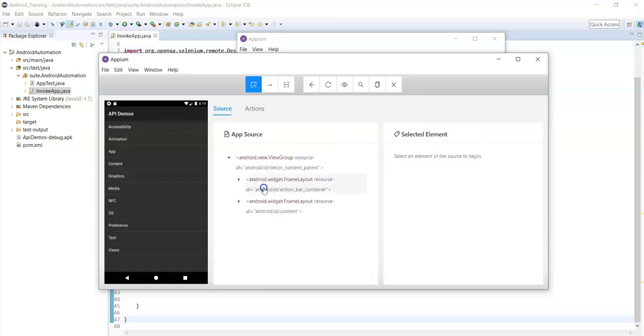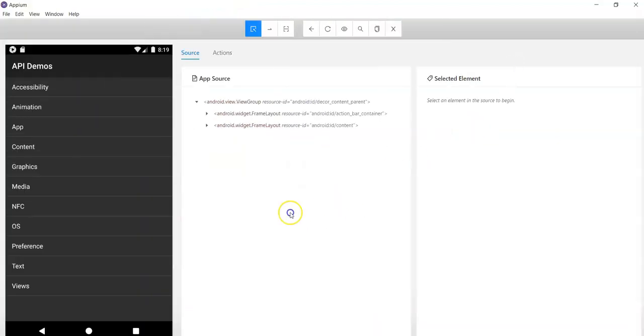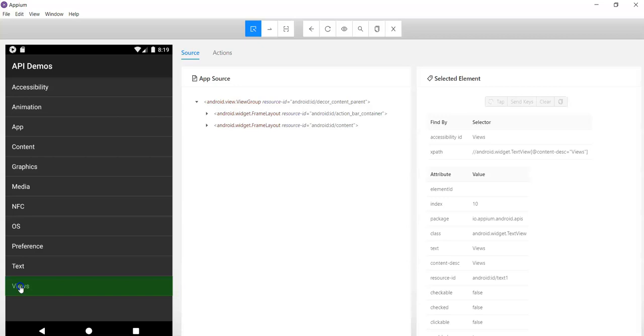Yeah, you can see, it captured the screenshot of the app. You can maximize this. Now if you want to find the locator of any control, let's say if you want to find the locator for views, simply mouse over or click on views. Now it will populate the different locators here.